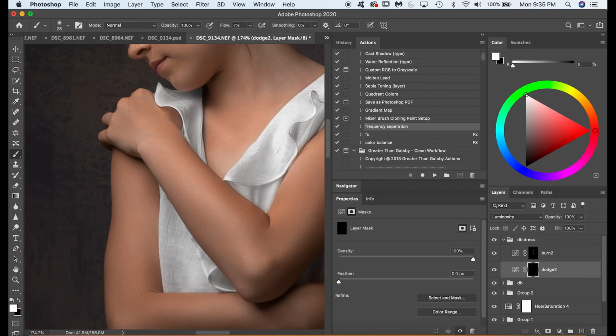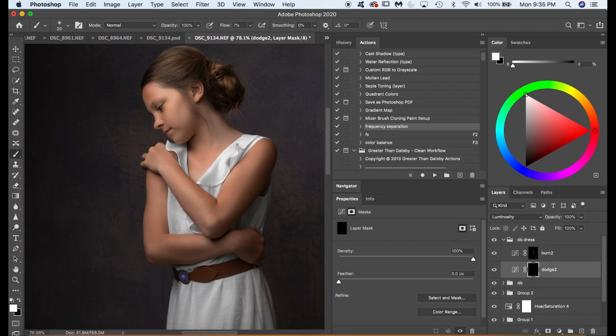All right. So there's that, and then we'll go back here and maybe pop some light back in there. Maybe down in the bottom by the